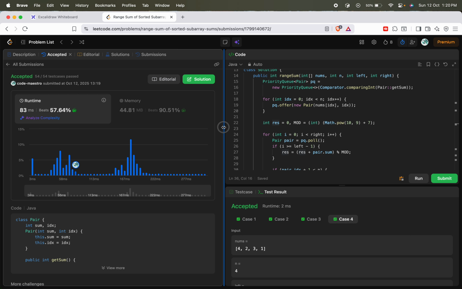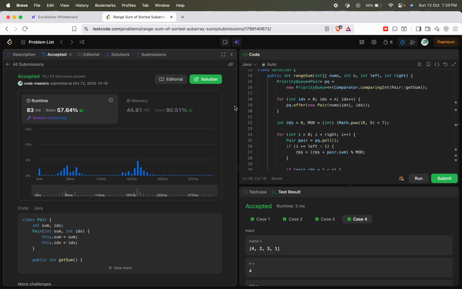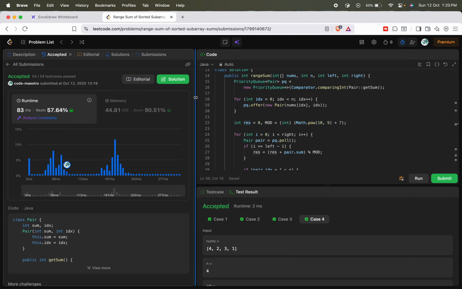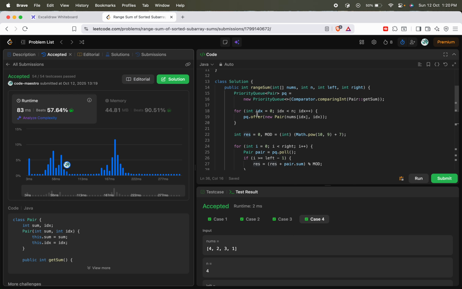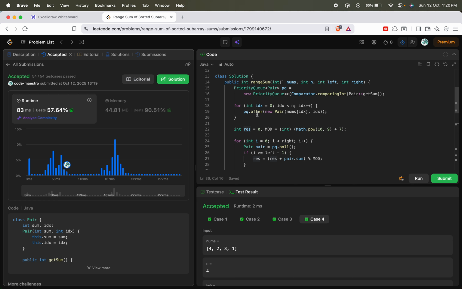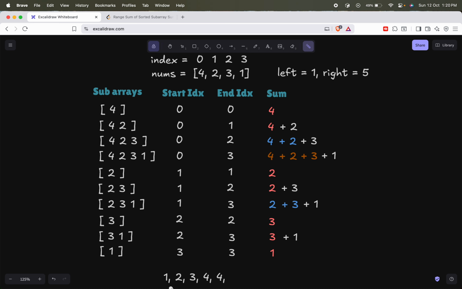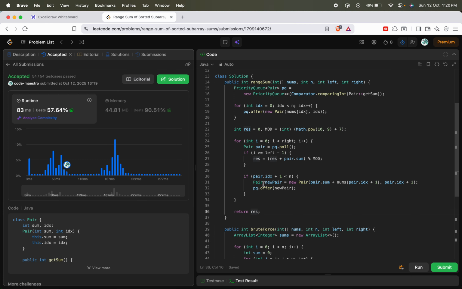As you can see, this is a pretty efficient solution. Okay, so in terms of time complexity, there won't be much gain over here, but in terms of memory, we are only processing the n elements. Okay, so yeah, in the priority queue also we will only have n elements, at max we will be pushing n elements into the priority queue. So space complexity here would be order of n, and the time complexity is basically the same. So yeah,